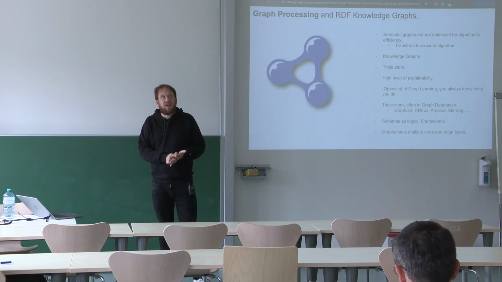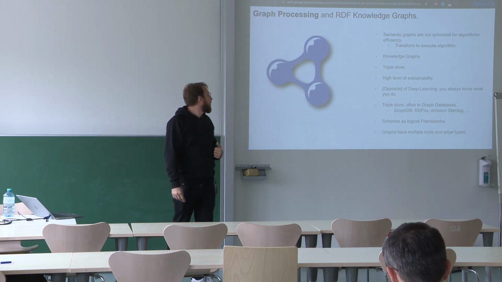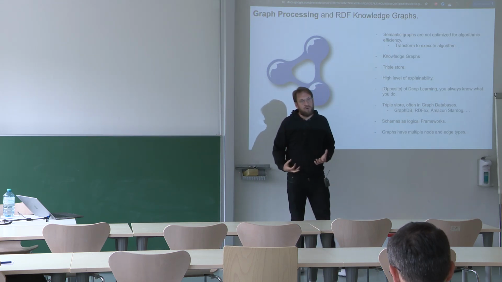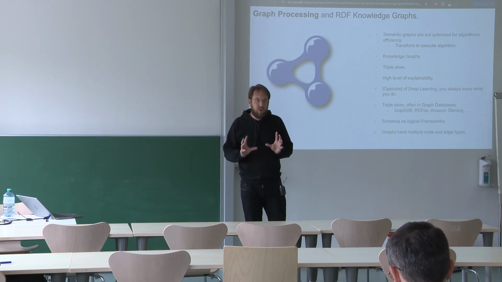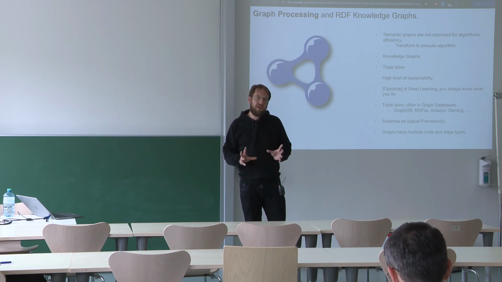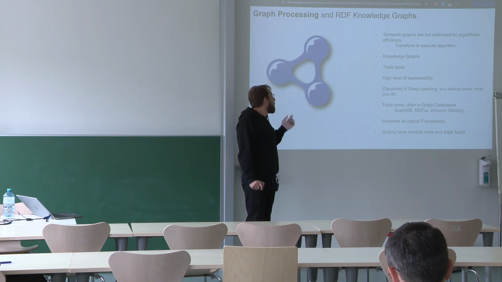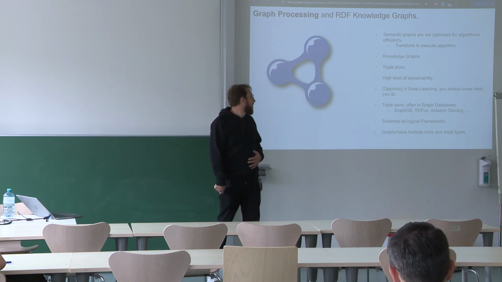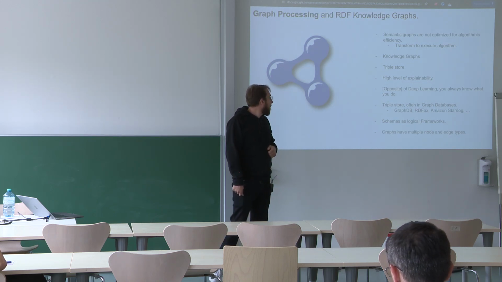They're complex in the sense that you have all these different node and edge types and relationships. And Aaron said they are the opposite of deep learning because you always know what you do. So there's a clearly defined ontology, and each behavior is kind of controlled. The ontology somehow makes sure that things are as they are supposed to be, right? And people who use a lot of RDF use triple stores, often graph databases. So there's GraphDB, which we use in Graph Massivizer, RDFox, or Amazon Stardog.